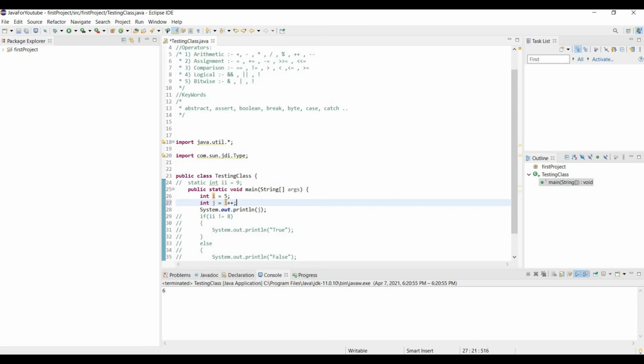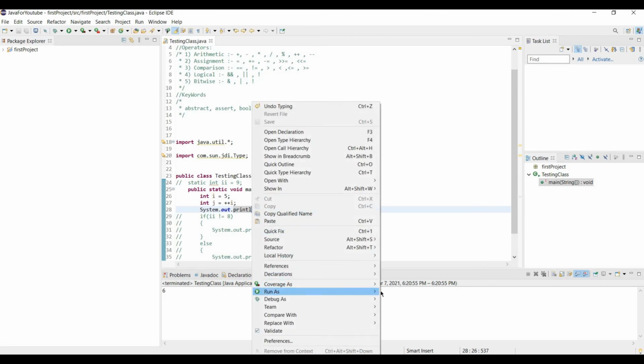Okay, if we use this plus symbol on the right side, and if we use this first after writing any variable, then what it will do is it will first increment it, then it will print the value. Okay, first it will increment, then it will print.